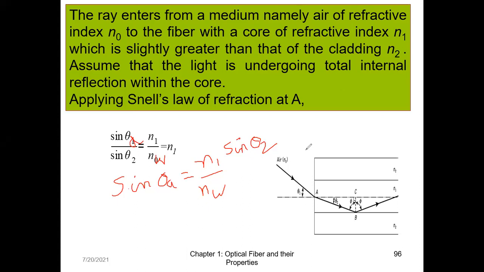No, no, no. When we did this derivation, we only took air to be there. So for that I wrote N0, and then that sin theta A became what we called the numerical aperture. Now when my fiber is in water, instead of N0, which I took as 1, it is now NW, so we have to retain this NW throughout our equation.